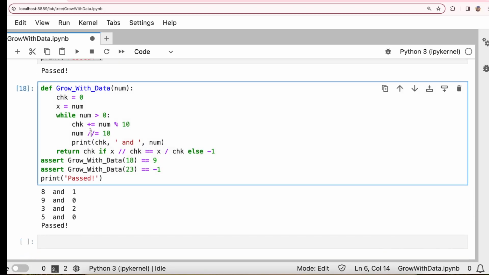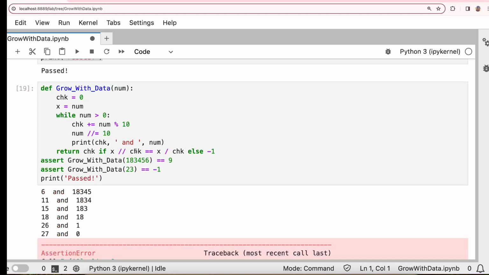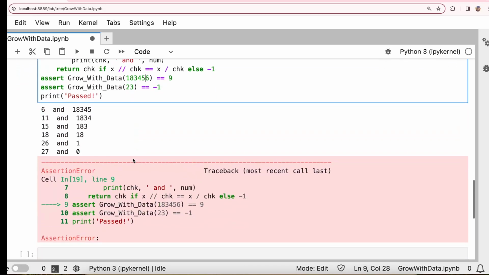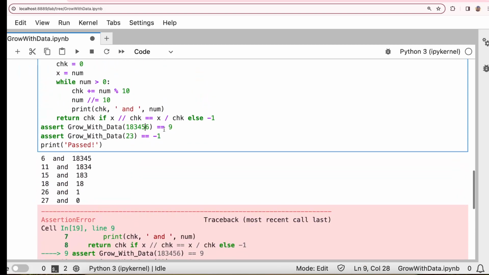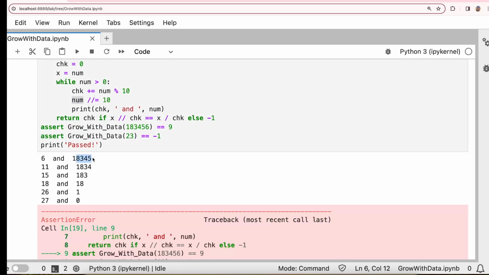So if you get 1, 8, 3, 4, 5, 6, then you can see the number is going to be reduced. And the answer is not going to be 9 because it's going to be a different thing, right? I just want to show you how the number is reduced by one digit every time it passes the while loop.